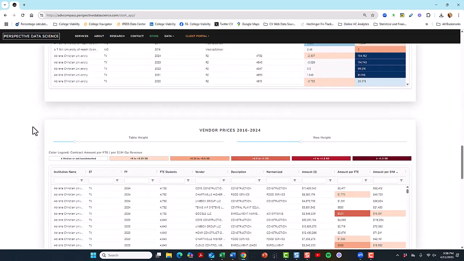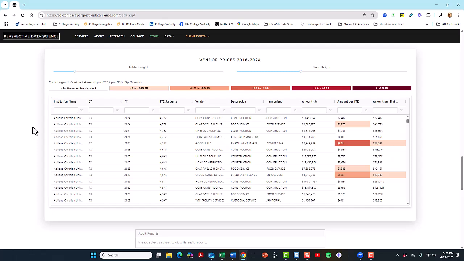I want to talk about the vendor prices. This is a relatively new table, and this is from Perspective Data Science. And what it's going to allow us to do is compare prices for vendors across different areas. And the first example I'm going to show you,